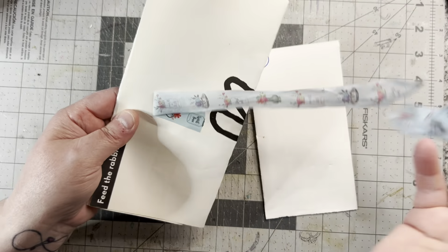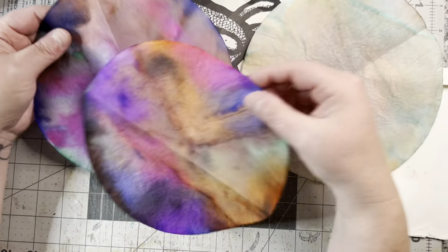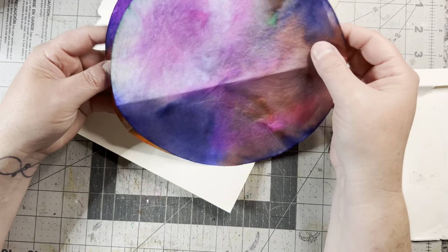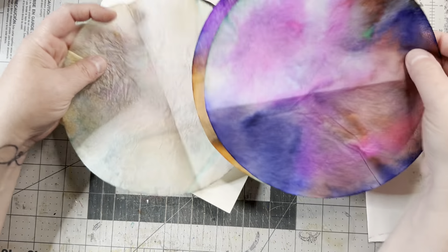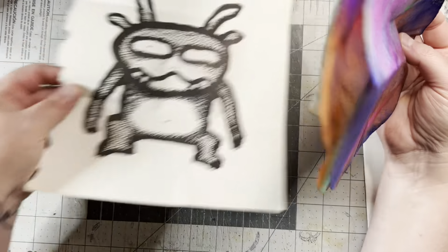So Mary Ellen does this fabulous thing with coffee filters. As you can see how fabulous they are. My goodness, these are bright and beautiful. I love them. I love them. Okay, so we have 3 of these. 2 very bright and one not so bright, but beautiful in its own right. And this little monster